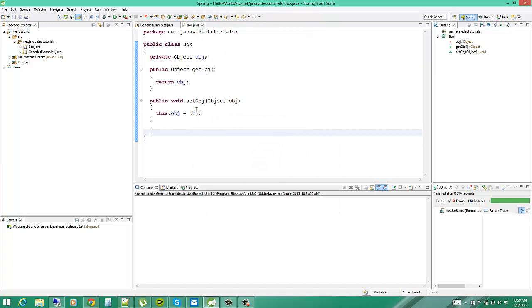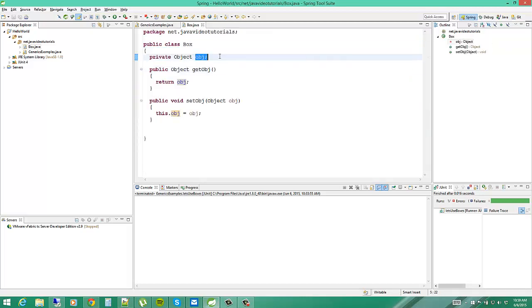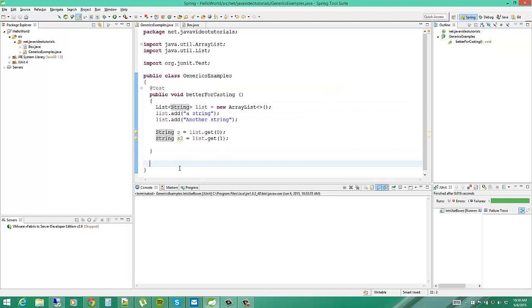So now you see here, this is one way of being sort of generic about it. You're sort of being generic in that you're using the type Object. So you can use whatever object you want for this particular box. But there's no compile time checking here. That's the whole point of generics. So what I've just created here with the Box object is sort of like a list. It's not a list because there's no list functionality, but it's sort of a placeholder, a representative of a